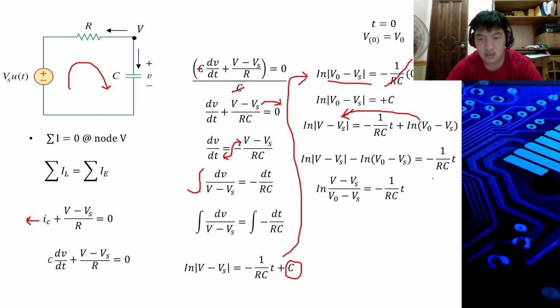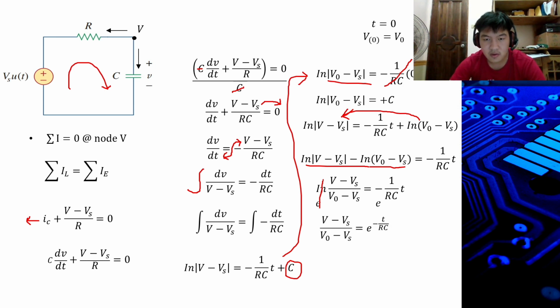Okay. Using quotient rule of logarithm, ini dua this. So, ln of V minus Vs over V naught minus Vs is equal to negative 1 over RC t. And let's make this both an exponent. Aron, cancel na siya. So, ang mabili lang is V minus Vs over V naught minus Vs is equal to e raised to negative t